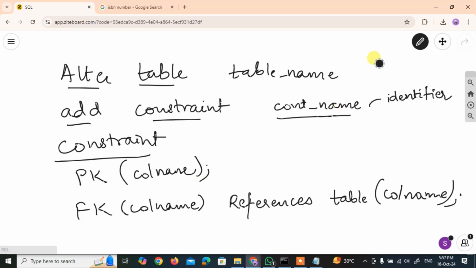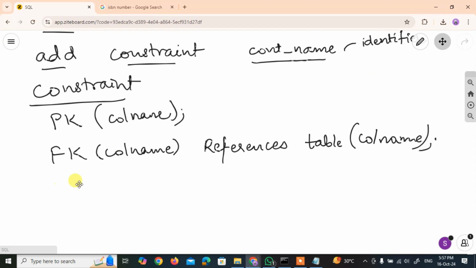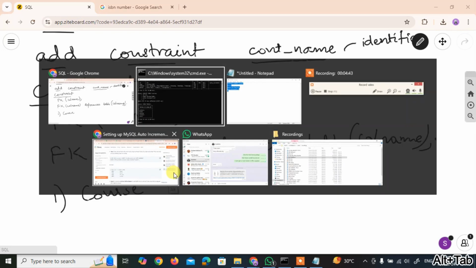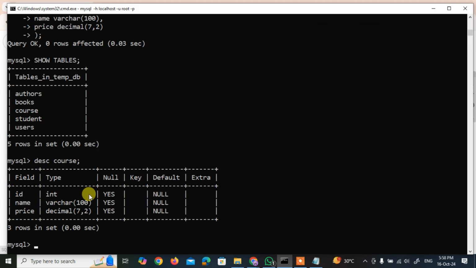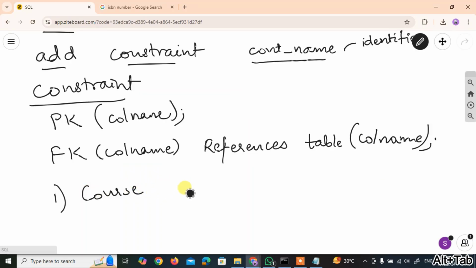Okay, so let's understand where we can put the primary key. We are going to add the primary key to the course table, right? In the course table, if you observe, let's do a describe course. So when we say describe course, you see we have integer but no key. So I want to add a primary key on ID. So this is what we want to do, ID as pk.